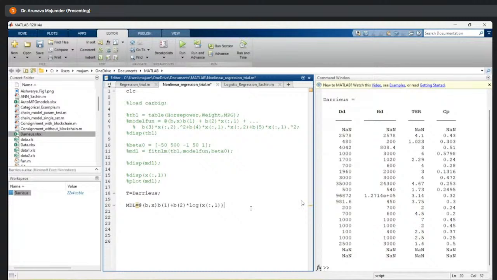Second one is b3. So b3 into log, here it is x. Now HD, HD is the second one, so it means we should select the second column here, 2. And the third one is TSR. TSR, of course, is the third column. So we should write here